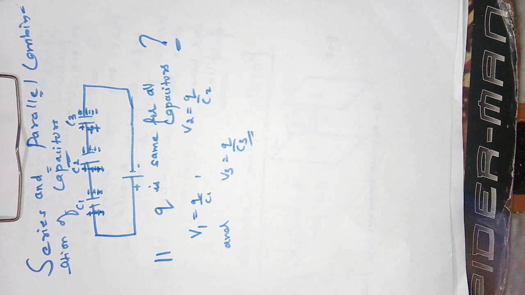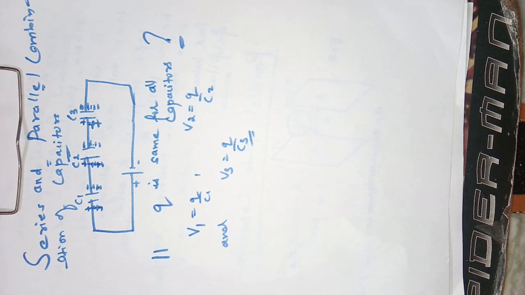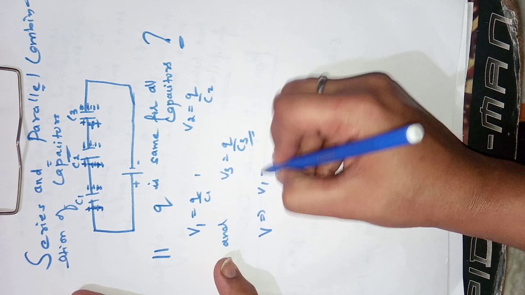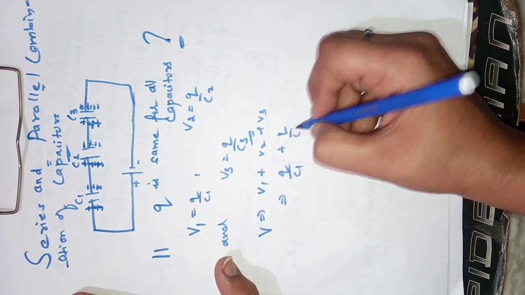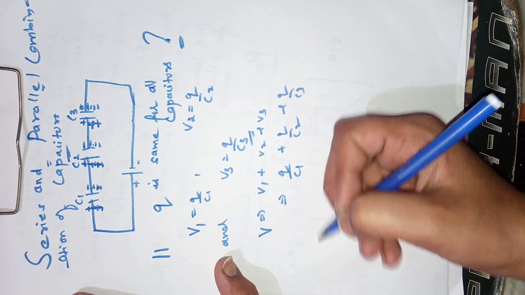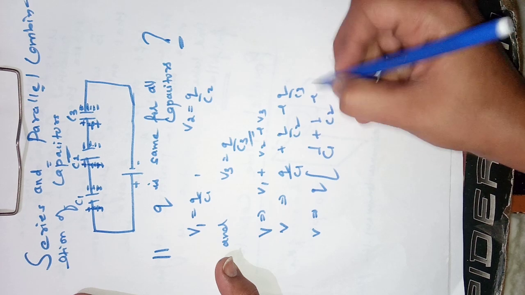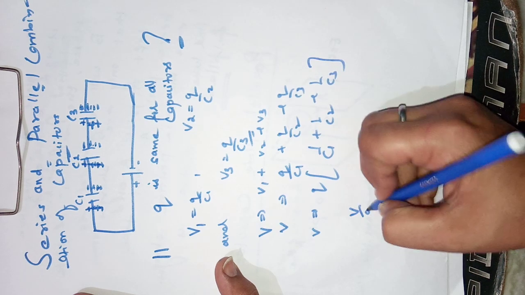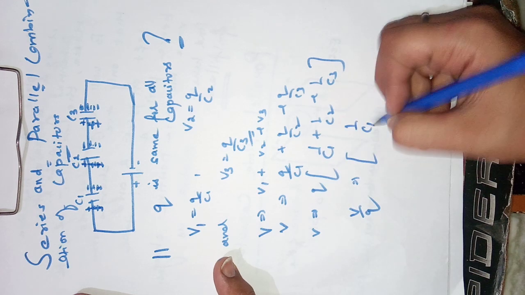These are the values of voltages across the three capacitors, as all three capacitors, due to their connection in series, have the same charge, suppose Q. Thus, the net voltage is given by V1 plus V2 plus V3. That is equal to simply Q by C1 plus Q by C2 plus Q by C3. Taking Q common from the right hand side, and taking Q to the other side, we will obtain